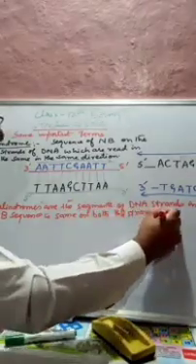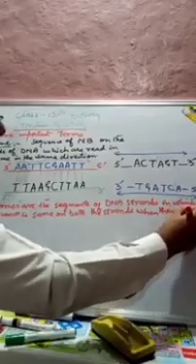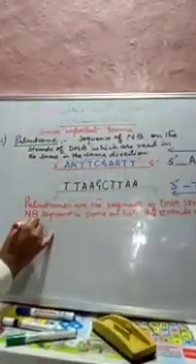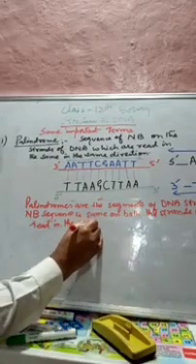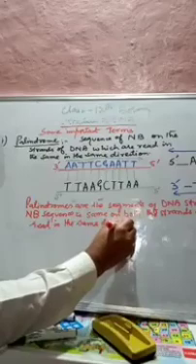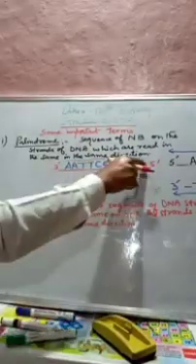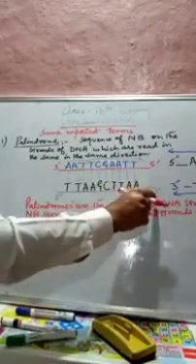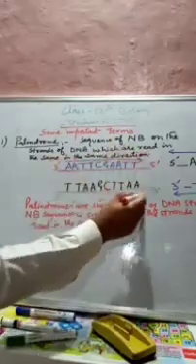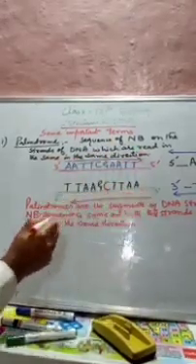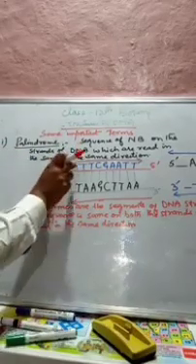when they are read in the same direction. See here, I have marked the direction from 3 prime to 5 prime, and in the second strand also from 3 prime to 5 prime. So if I look at both strands, what we see is that the sequence of nitrogen bases